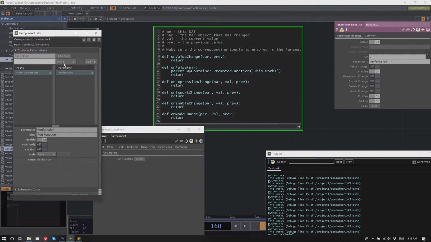This works for other parameters as well. If I create a float parameter, for example here, just a number.